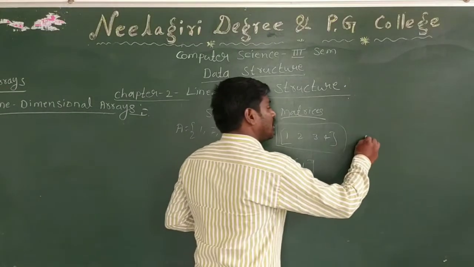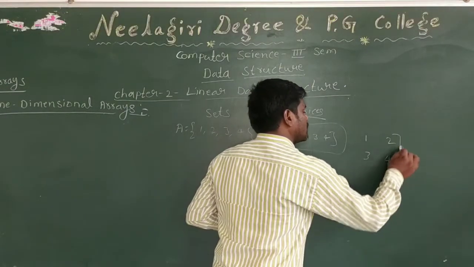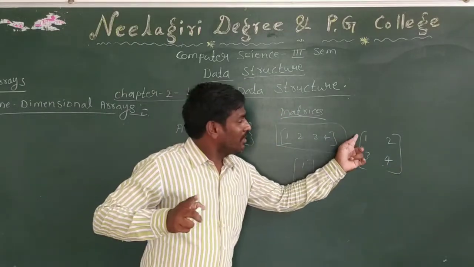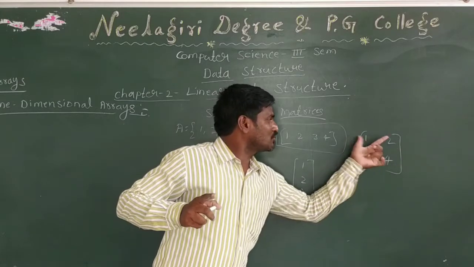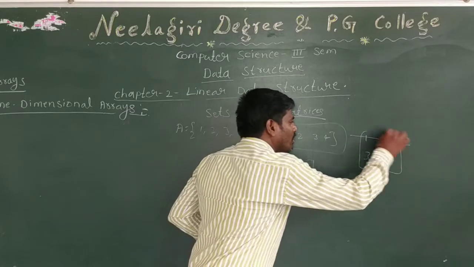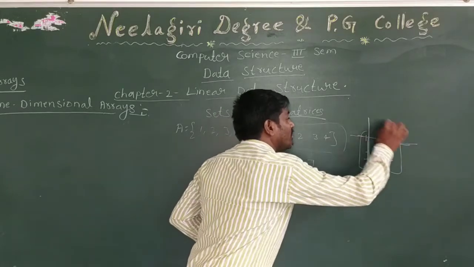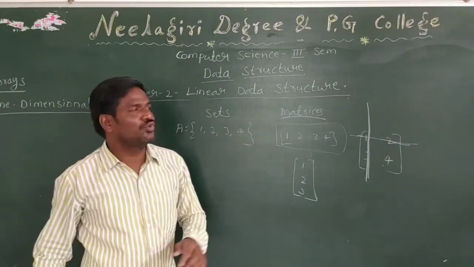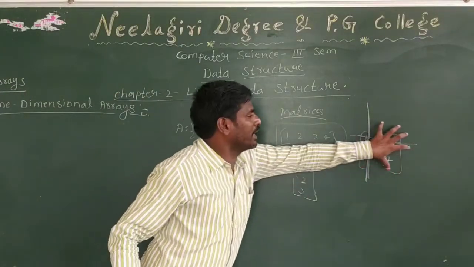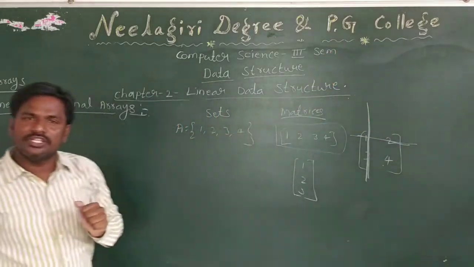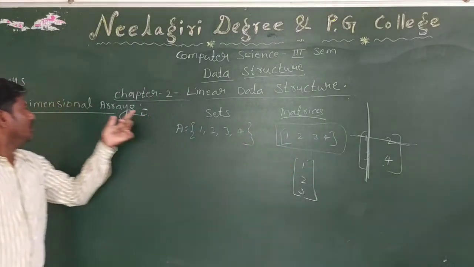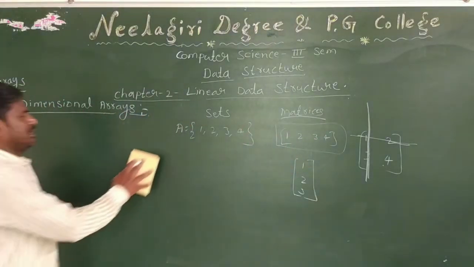Sometimes you may ask, sir, there is a square matrix also. How to store it? There are two things there: first row, second row, first column, second column, row and column. This is two-dimensional. So to store this type of values, a table of values, we use a two-dimensional array. To store a set of values, one row of values, we use the one-dimensional array.